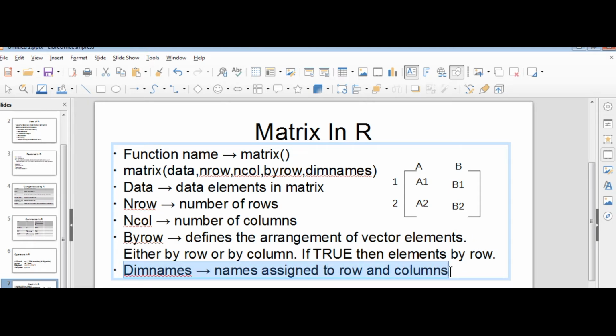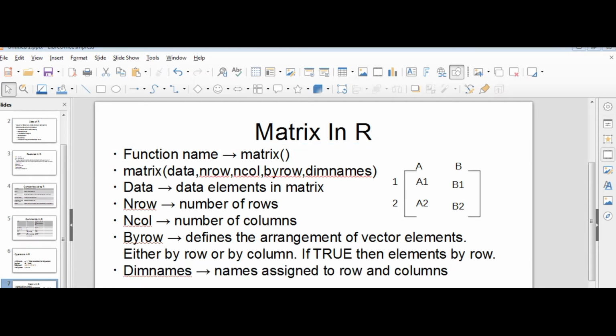But if it is FALSE, it will fill the first column, then the second column, then the third column, and so on. What about dimnames? This is a parameter which is used to rename the rows and the columns present in the matrix.